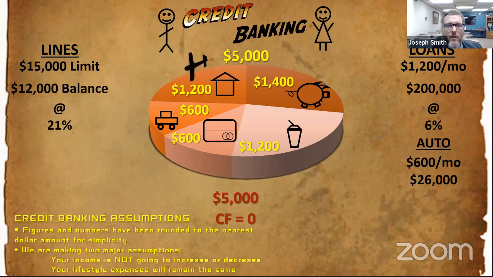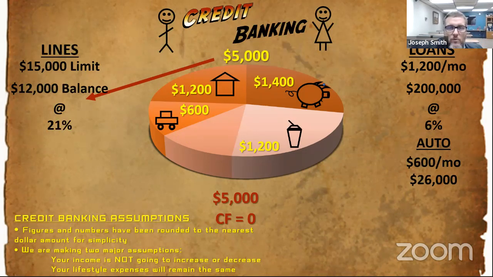So here's what we're going to do. Let's take a look. We've got our little plane, and when you start doing credit banking, things move in a hurry, right? So we're going to take that money, and instead of putting it into the bank, we're going to immediately apply all of our income to our line of credit. Once you do that, what happens? Well, you don't have to make that minimum credit card payment anymore. That $600, if you're putting $5,000 of your monthly income directly into your line of credit, you don't have to pay that anymore. Isn't that great?